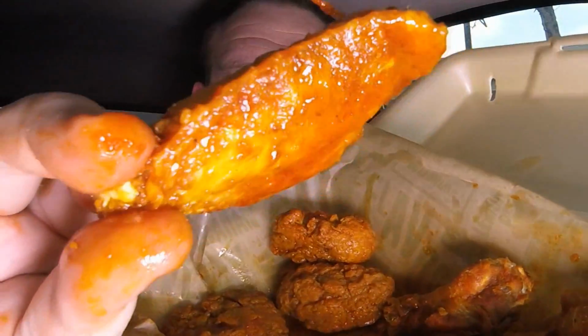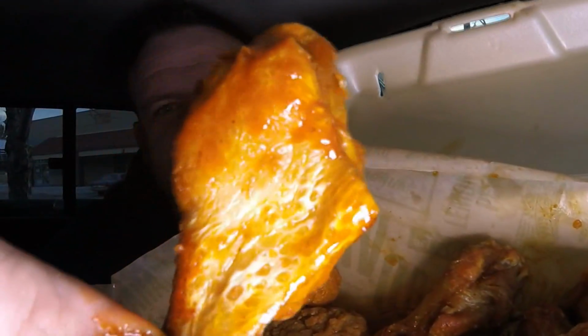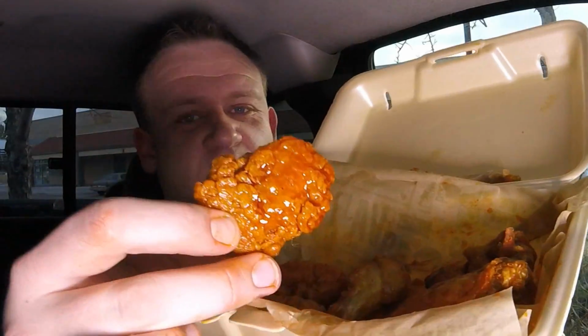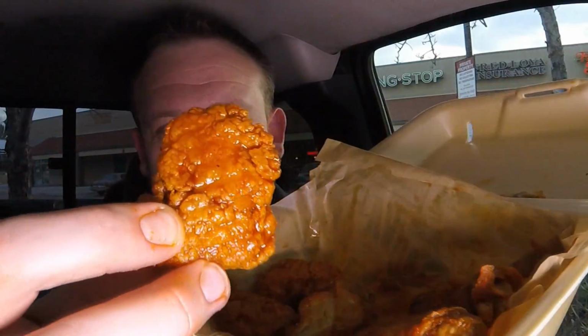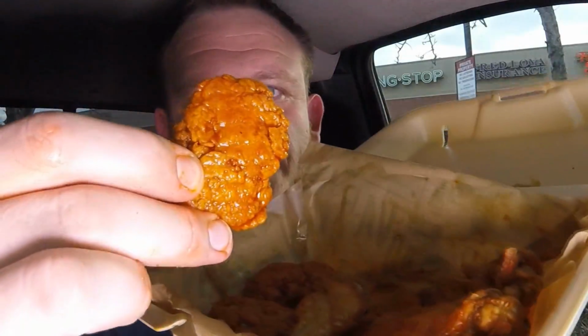Now the first bite on just the traditional style. Actually, my favorite, drumstick. Coat it in some of that Brazilian citrus pepper. Big bite. Right off the bone. This particular flavor, to me, tastes better on the bone-in wings versus the boneless. On these, it's okay. I end up getting a lot of extra oil fried taste just because you have that extra crispy coating and the oil is soaking in on that. And so when I get a taste of that,